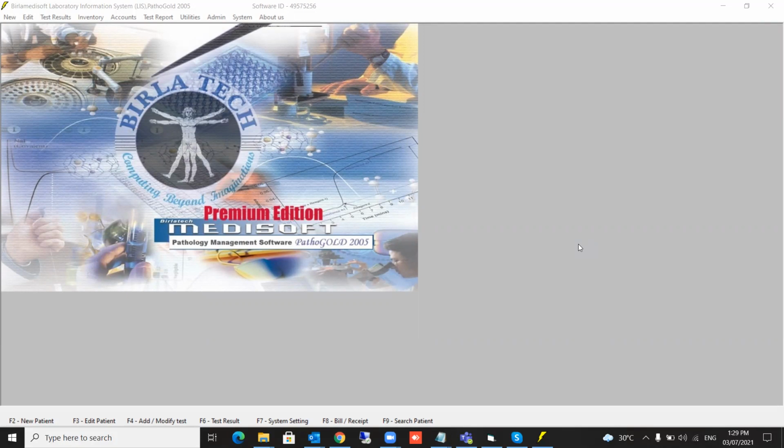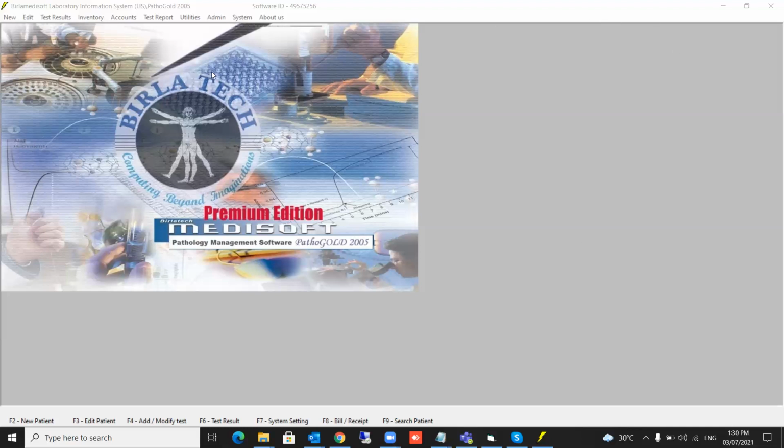Suppose there is a laboratory which is attached to a hospital, or you are processing a sample for some other hospital or some other client, you will treat that client as IPD. So there are two types of rate lists you can define in PathoGold software. I'm going to show you that also.